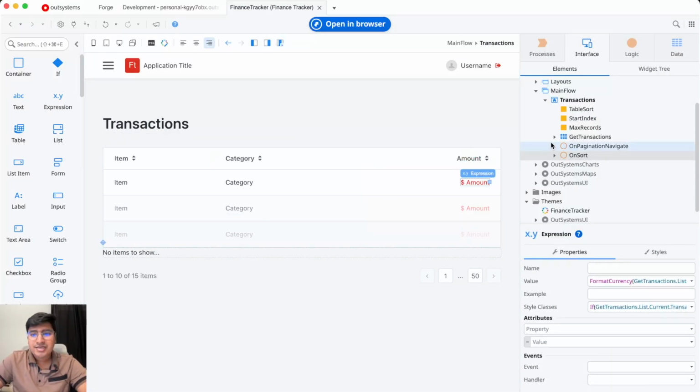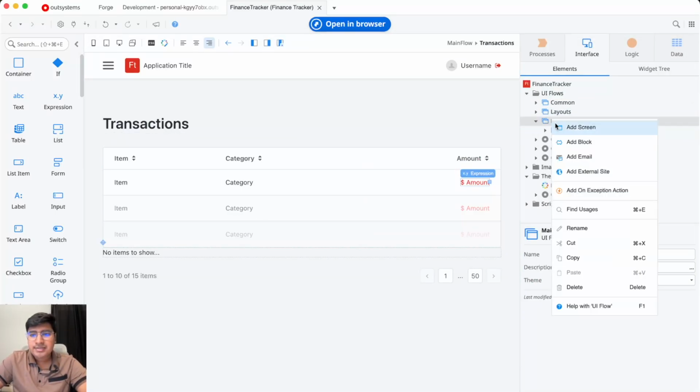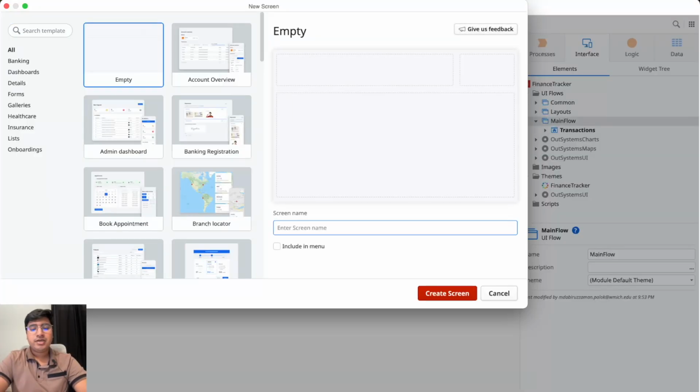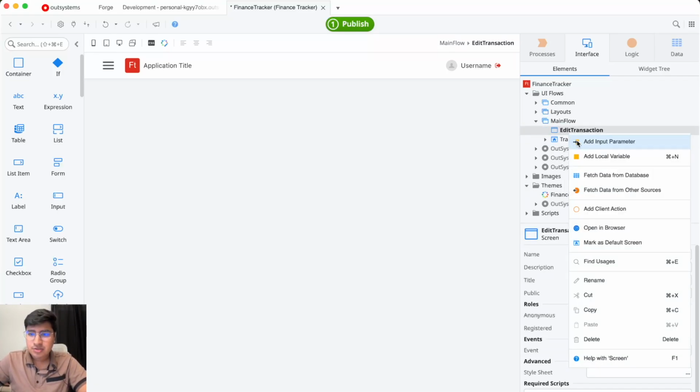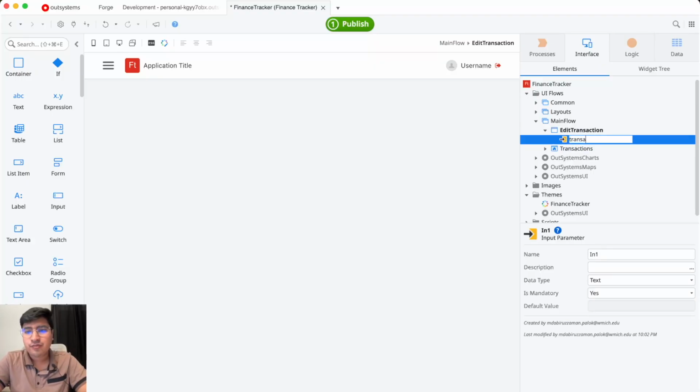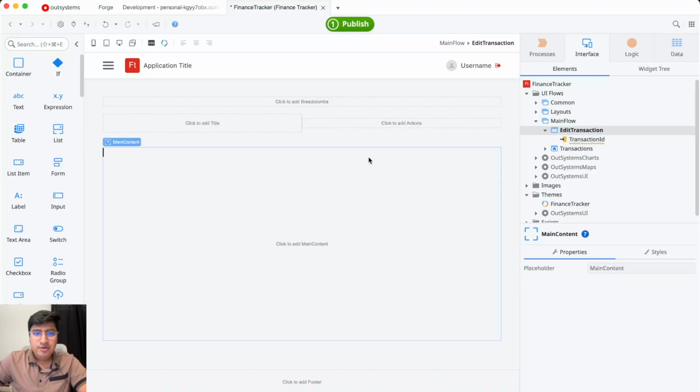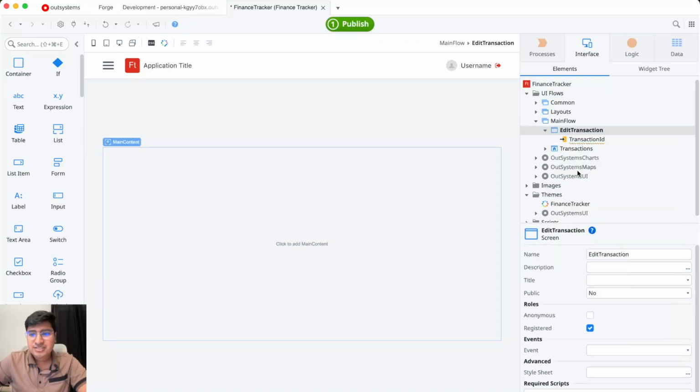All right, so to edit a record, I'm going to go ahead and create a new screen. I'm going to name this screen EditTransaction. This screen is supposed to take a parameter, which is going to be which transaction we want to edit. So that's going to be TransactionId, and the type would be a Transaction Identifier. All right, so when we have that, we can go ahead and fetch data from our